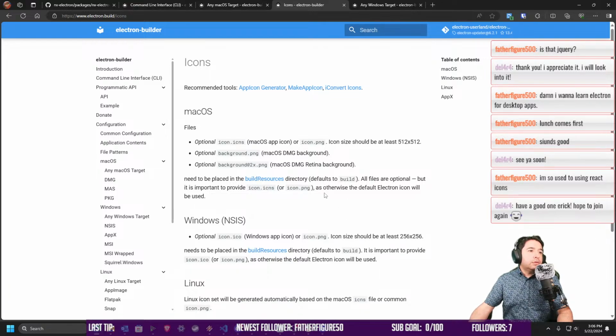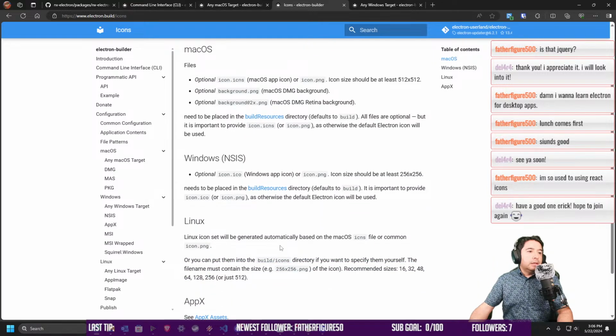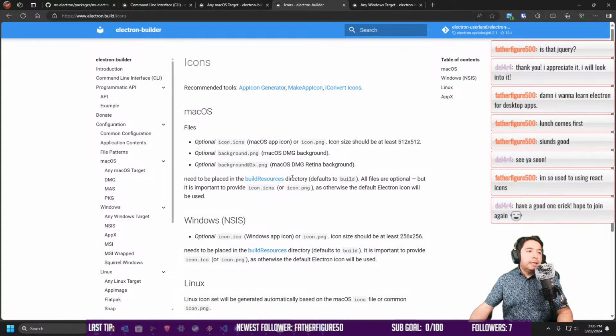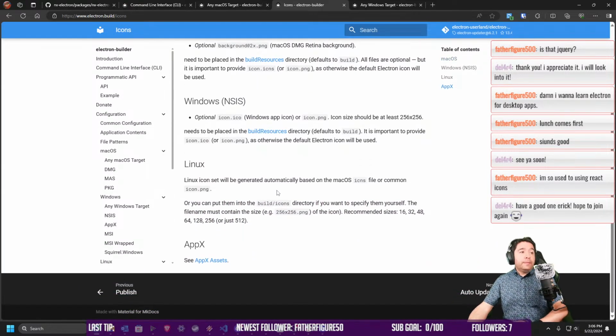So this means that the icons for Linux, rather than the Mac OS ICNS file, or a common icon PNG, size of just 512. Okay. So if that's the case, on top of that, I had to build this. Oh crap! So I had to. Oh, well, we are not building for Retina, I guess. I don't think it's gonna happen. It's probably just a copy of the code, but for